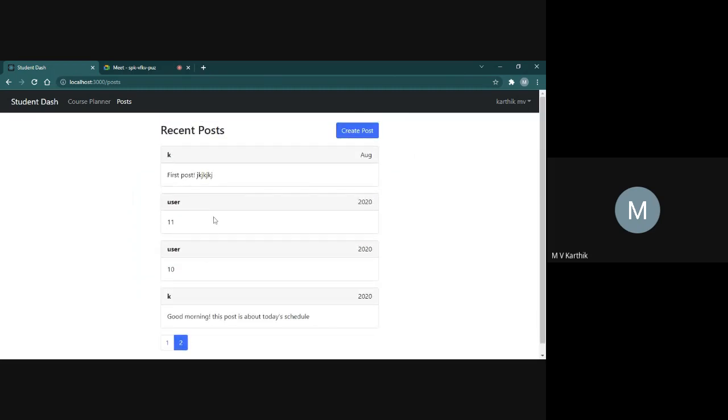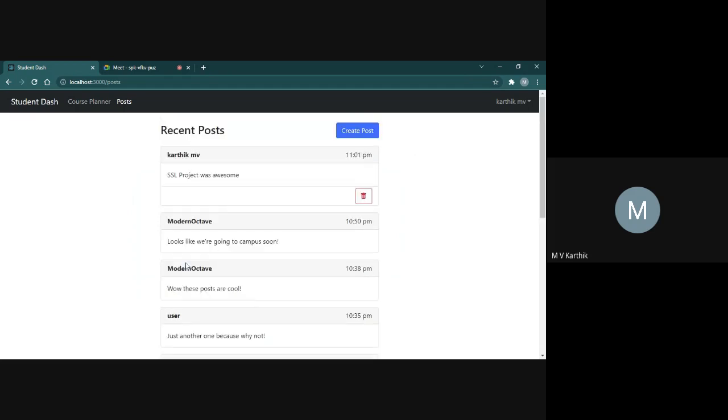And again, you can see 10 posts per page, and if you go back, these are the next four posts. And you can also see the detailing of the presentation of the time at which the post was created. If it's from a previous year, you will only see the year, and if it's from a previous month, you will only see the previous month. Or if it's today, just like this, you will see the time at which it was created. So this is the post feature.